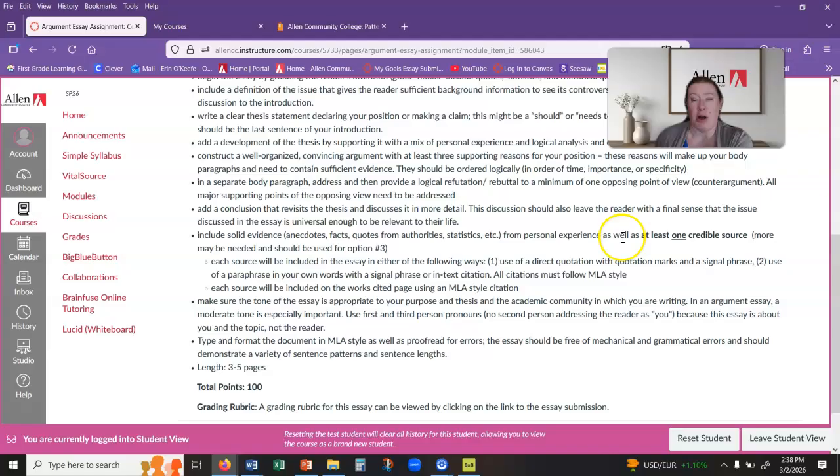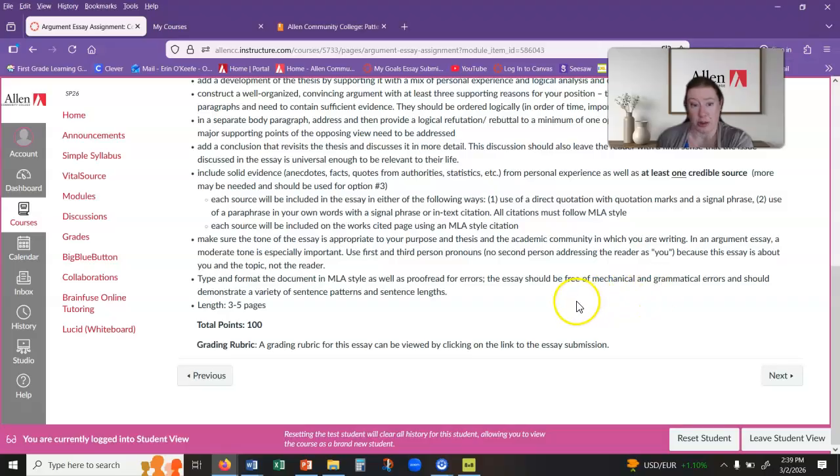And then all the evidence, you are going to include at least one credible source, and you may want to include more than one. In particular, those of you who have used sources before and are comfortable with MLA may end up wanting to use more just to really build up that evidence. Those of you who've never used a source in an essay before, this may be a little bit more of a challenge. So follow along with the other assignments to make sure that you're doing it correctly.